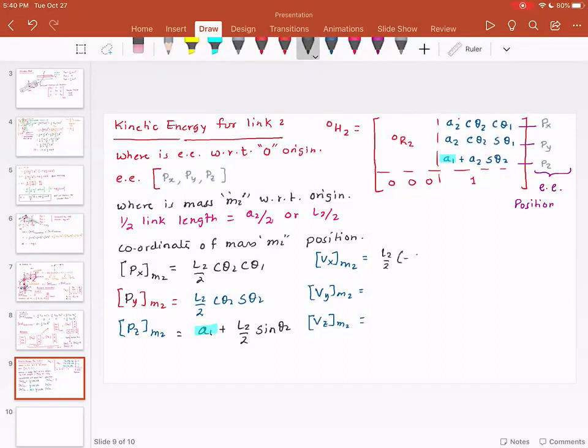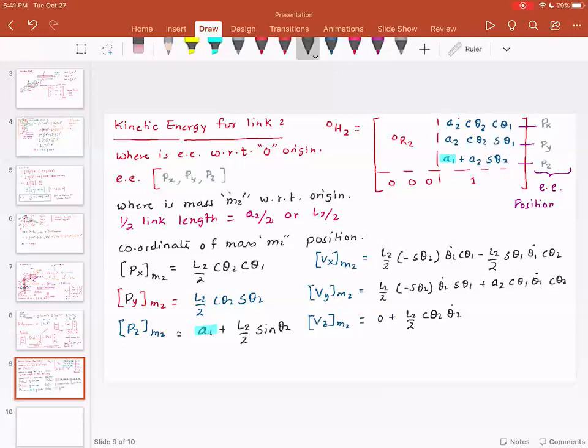L2 by 2 minus sine theta 2 dot cosine theta 1 minus L2 by 2 sine theta 1 dot cosine theta 2; L2 by 2 minus sine theta 2 dot sine theta 1 plus A2 cosine theta 1 dot cosine theta 2; and here you will have 0 plus L2 by 2 cosine theta 2 dot. So these are the velocities of mass